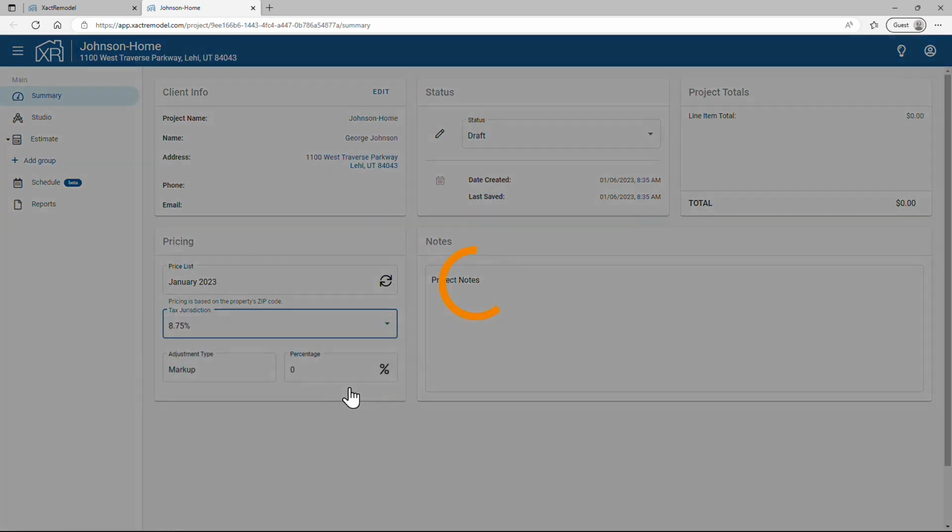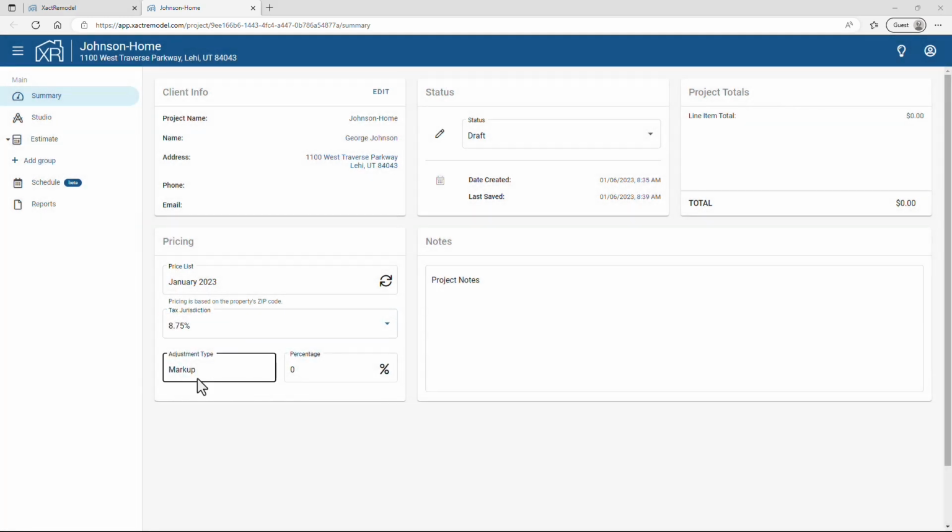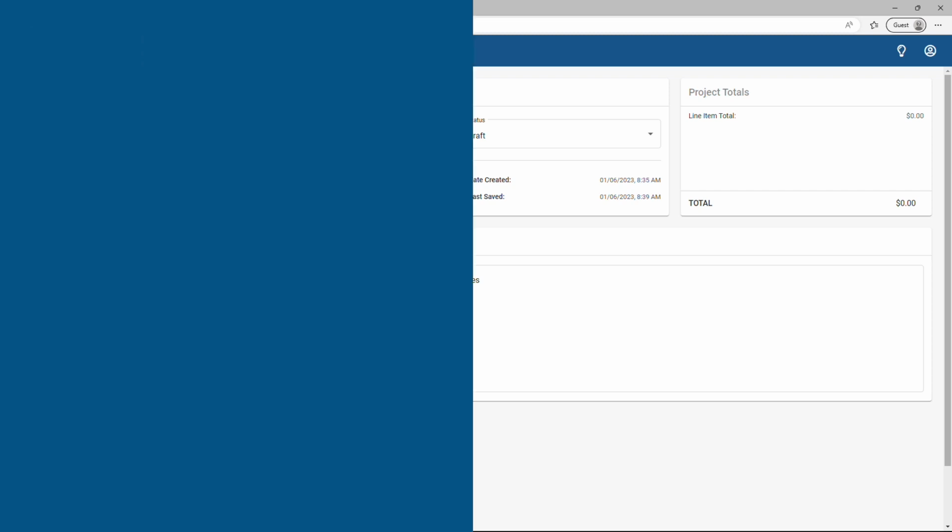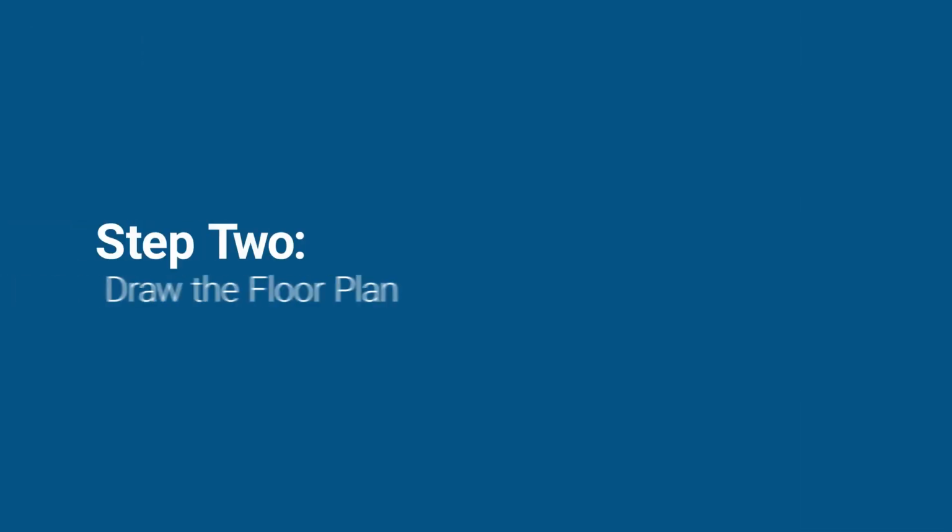The markup for this job requires some thought. You need this job to keep your crew busy. You have some top talent and don't want to give anyone a chance to hire them away. So it's worth it to you to have work, even if the profit isn't the greatest. So you have lots of motivation to close the deal as soon as possible. When you are finished with the estimate, you'll revisit this field, but for now you leave it at your normal 22%. Your next step is to draw the floor plan.